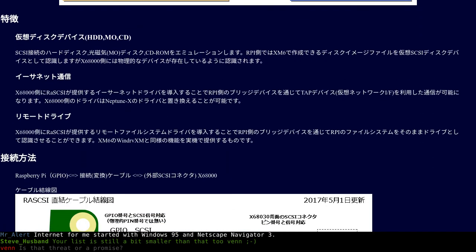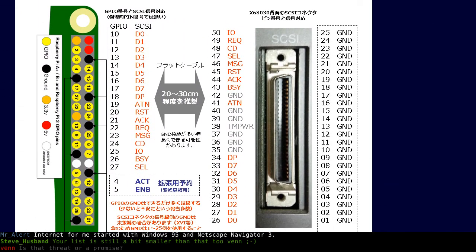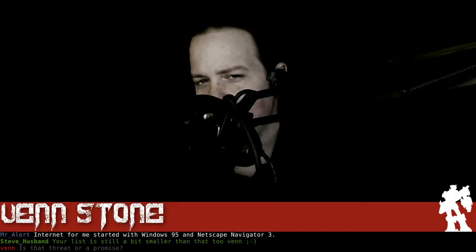Now, he did make generous use of transceivers to adapt the 40-pin GPIO to the 50-pin SCSI, but it works. Just honestly seeing an external SCSI connector, my eyes are like... It makes those parallel printer connectors just look tiny by comparison.